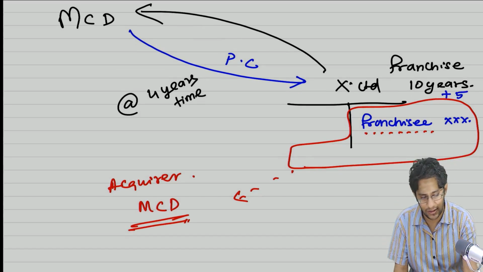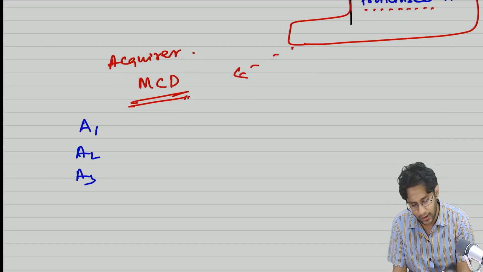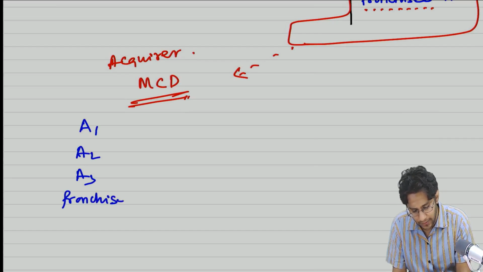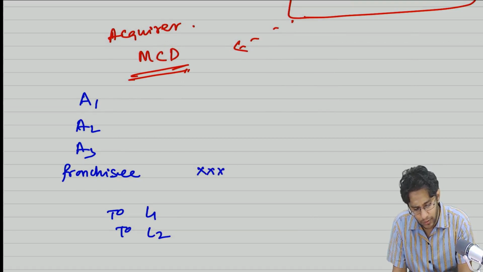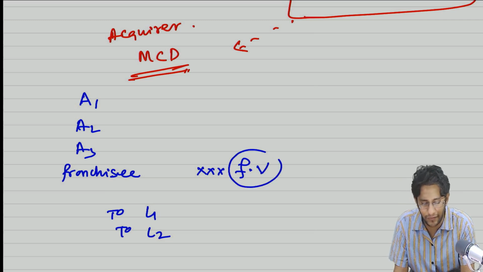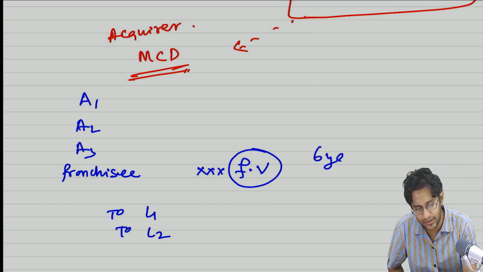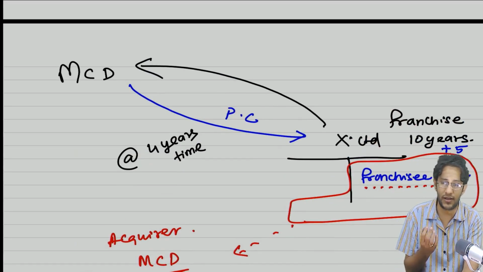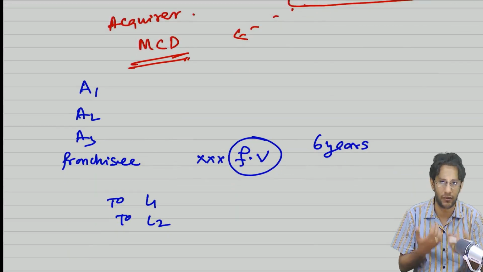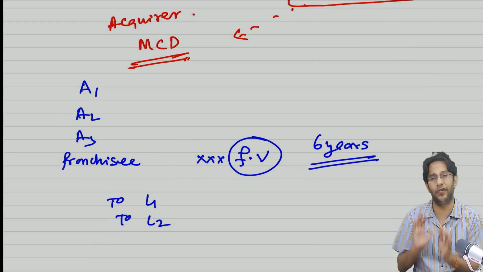So while recording this franchisee as an intangible asset, among A1, A2, A3, so many assets you have acquired, next, this license which is appearing as an intangible asset, that also you recognize. And why should this also be recognized as an intangible asset at fair value? While determining fair value of any asset, the life of the asset is important. The life of the asset you must consider only as 6 years. Ignore the renewal rights, because out of 10 years, 4 years is over, remaining life is 6 years. Because how can you renew an intangible asset with yourself? So ignore the renewal rights and consider the remaining period and determine the fair value.